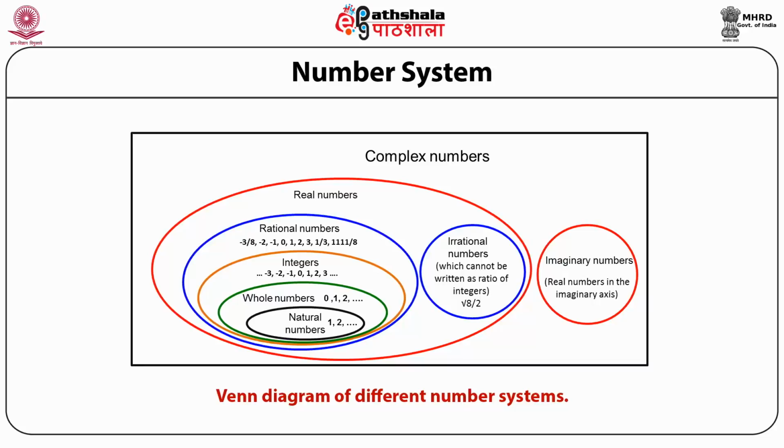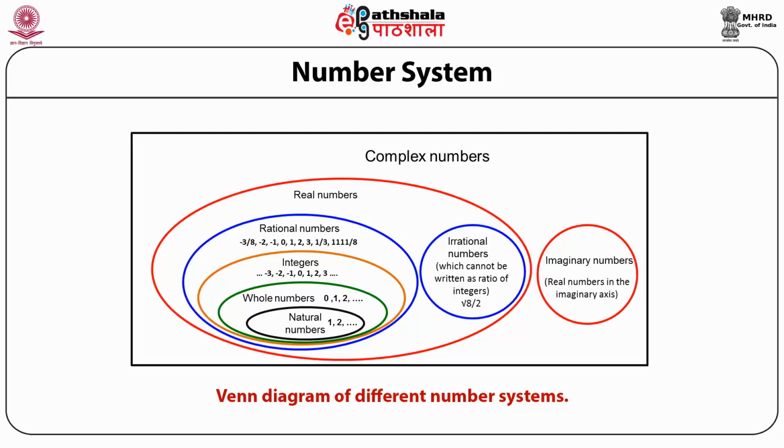For example, pi, which is 3.14416 and so on. It is a non-ending number, and it cannot be completely captured by 22 by 7. 22 by 7 keeps on going, and the number is unable to explicitly express the irrational number. Those kinds of things where the sequence cannot be completely identified by using two integers become